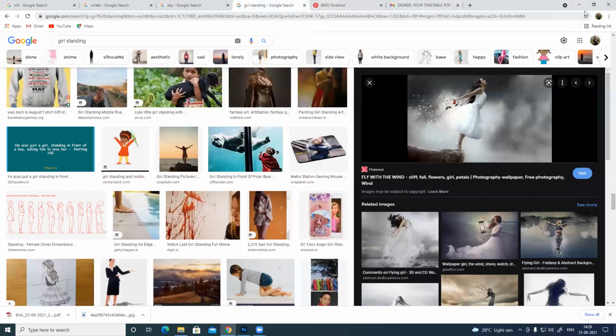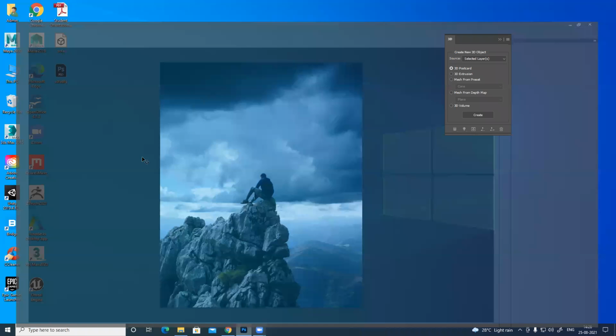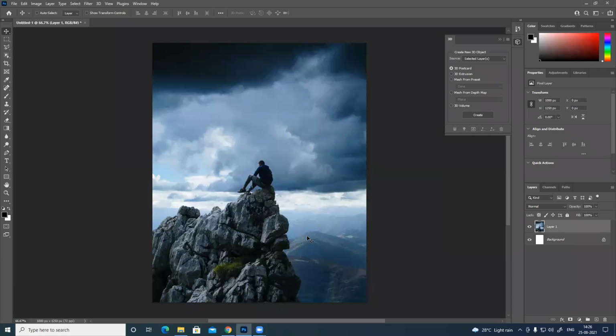So let's see. This is my main image base, and on top of this I'm going to create the entire scene. So first things first, remove this background. Anything extra, the basic rule of thumb is anything you don't want in your PSD, delete it. Do not keep unwanted layers. Yes, when you're creating it, you can keep multiple layers and everything. It's absolutely fine. But once you finish, make sure you clean your file.